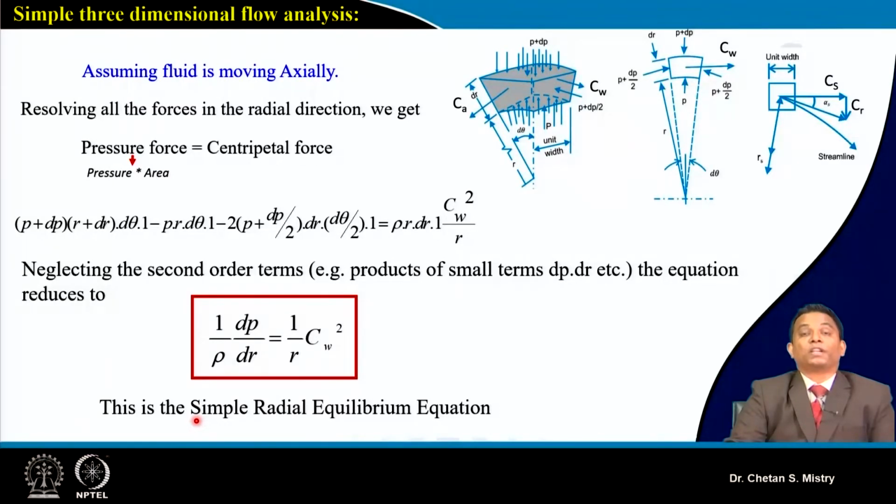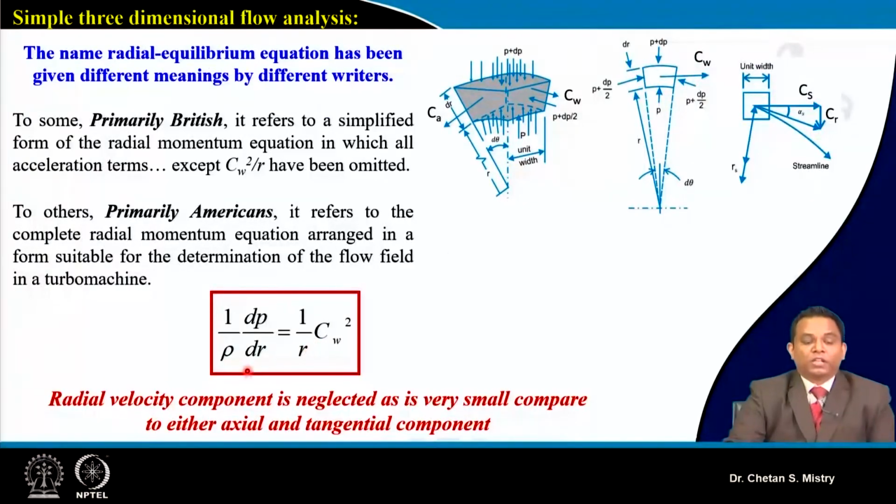This is a very important equation when we are analyzing flow through any turbomachinery. So based on our assumptions we come to the solution: 1 upon rho dP by dr is equal to Cw square by r. This equation is named the radial equilibrium equation,